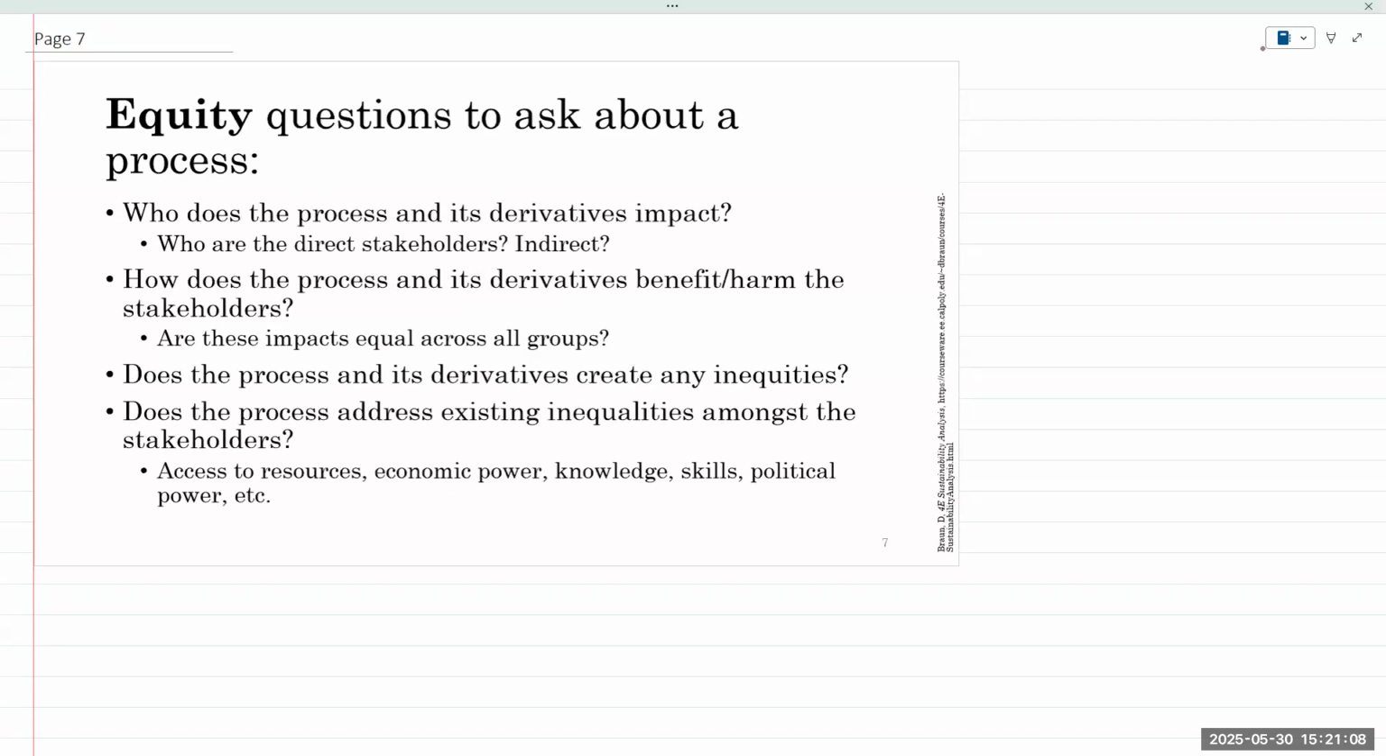And then finally, equity. Who does the process and its derivatives impact? Meaning, if you are implementing a system, how is it affecting the people, the environment, and who are the stakeholders? Any kind of system in the world, it would be very hard to make it equitable without giving it due consideration. So these are the 4 E's that we need to keep in mind. Okay,